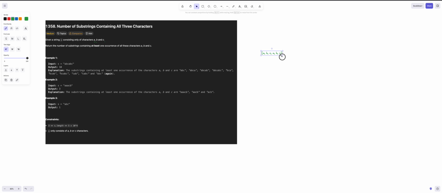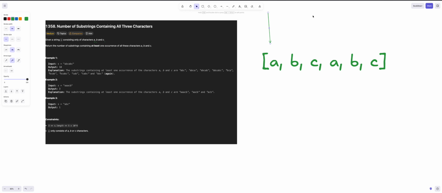What we want to do is keep track of the ABC substrings that we can create. So we have these two pointers here. Let's see, we have ABC, we got 1. How about ABCA? Also 1, because it contains at least the minimum of ABC. Then ABCAB, which represents these 3 here, and ABCABC, which takes the whole array, so a total of 4,